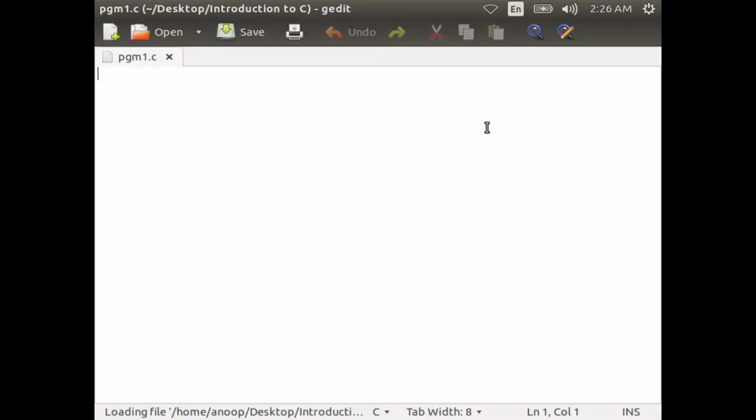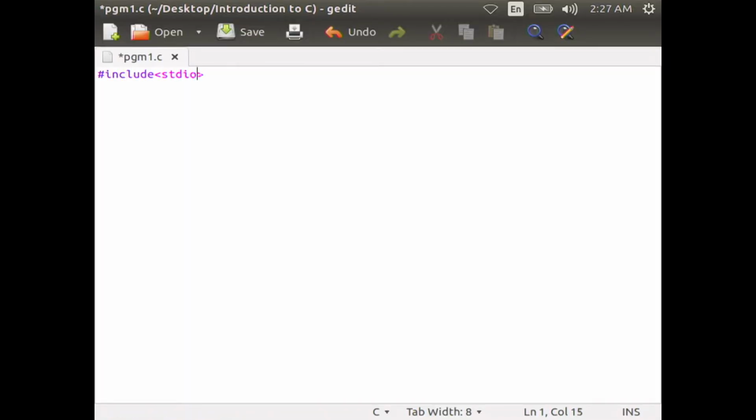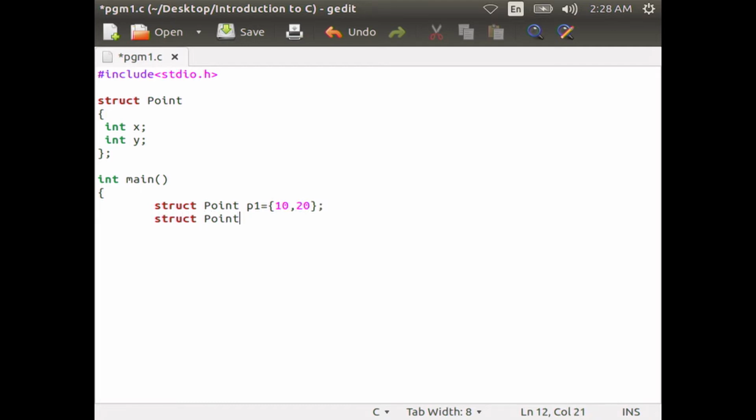Let us type #include <stdio.h>. struct point within curly braces int x; int y; then close the curly brace and semicolon. Then we start the main function, int main, within curly braces: struct point P1 = {10, 20}; then struct point P2 = P1; struct point P3 = {30, 40};